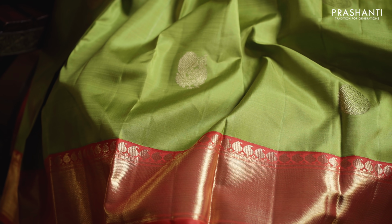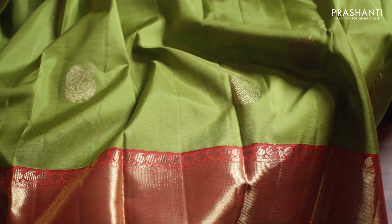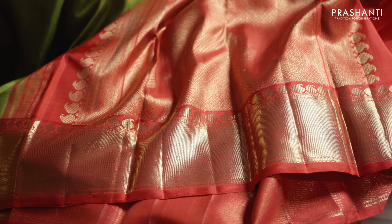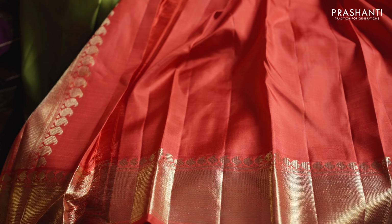One more pretty color combination. It's green with orange, korvai weaving with Bavanji border on either side, small zari woven paisleys running on both sides of the borders with the body having mango and chakram buttas alternating throughout the body. This has got a contrast rich zari woven pallu in orange, that's the pallu, and a plain orange blouse priced